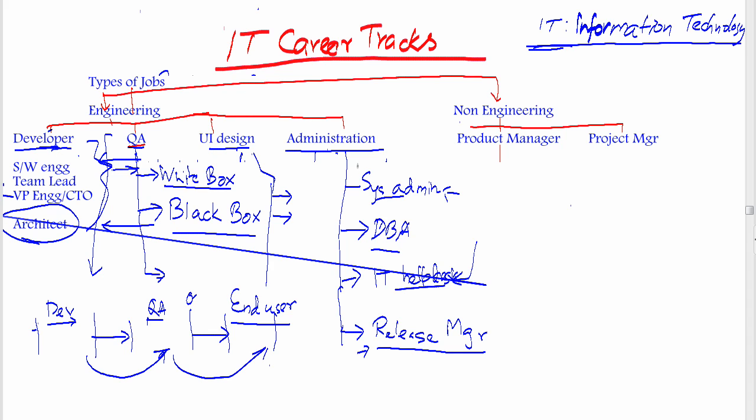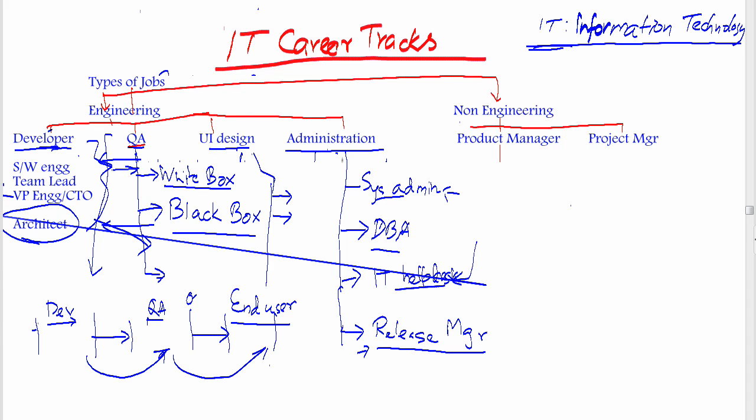So again, even though there are a lot of roles, a lot of movement happens between the roles as people move up, or based on their preference of the type of jobs they want to do, or the career path they want to take. It moves quite frequently. One example could be that a good developer, if he wants to move into management and there is no position open, may try opting for a QA manager role. And same thing with developer to administration,